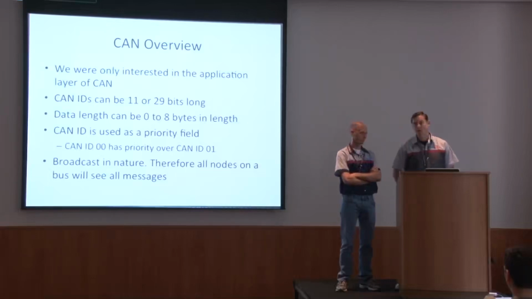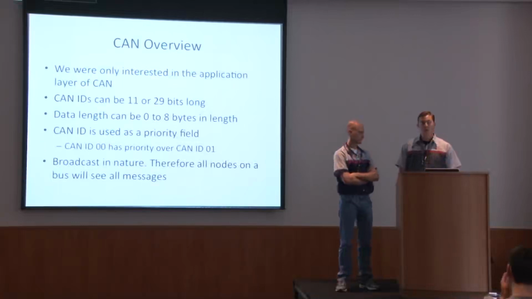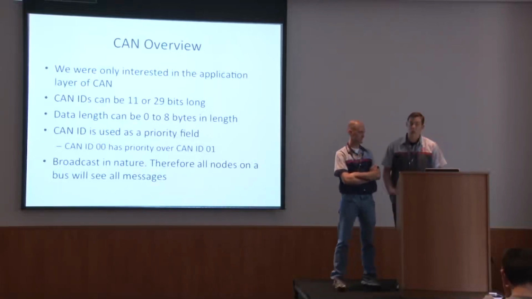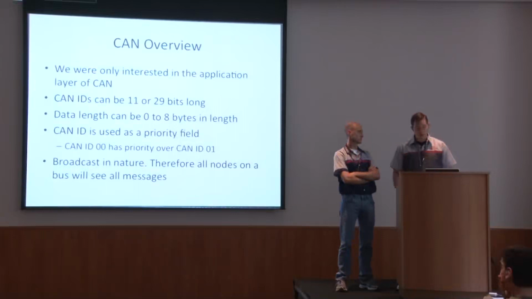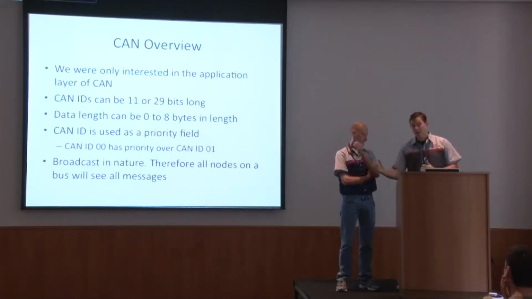So instead of having an address, the ID is used kind of as a priority function, where the lower IDs are the greater priority. So the message with the highest priority in the car would be ID 0, and they contain varying amounts of data. So really, there's no addressing. It kind of just spits this message out on the network, and the ECUs on the network look at the ID, and if it's an ID that they want as input, they take the message and digest the data that's available with it. So it's really quite simple.